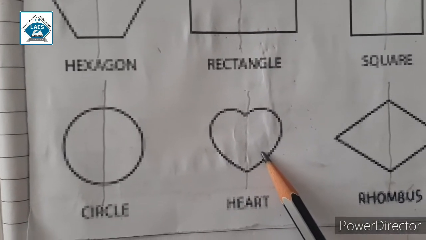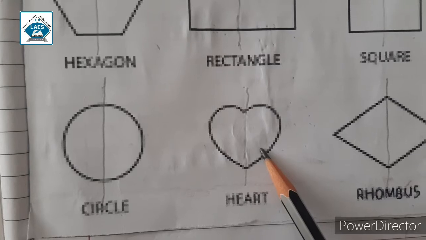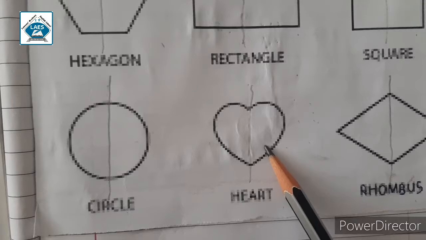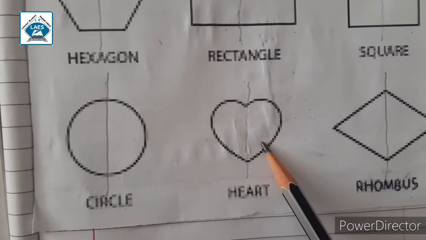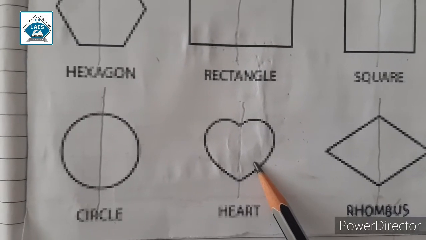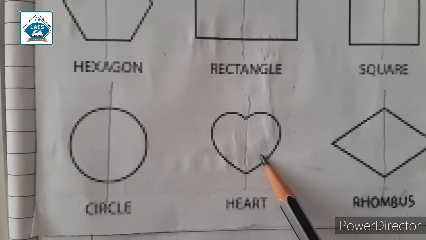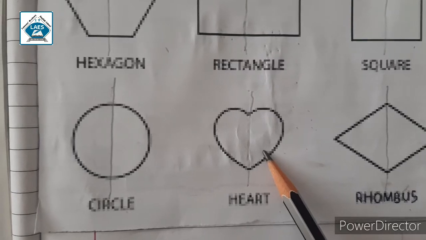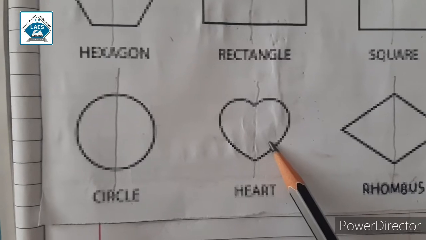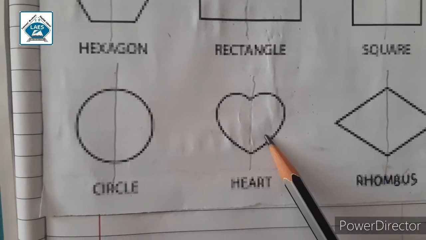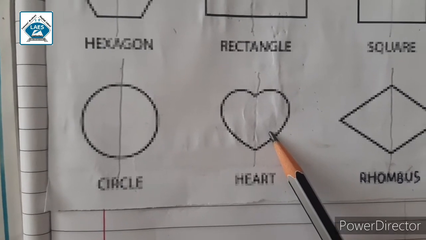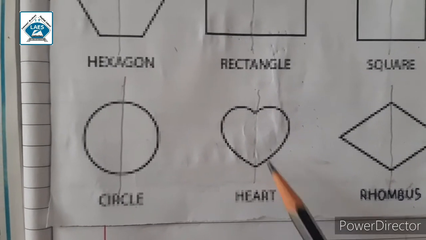So we can say that symmetry means that one shape exactly looks like the other shape when it is moved, flipped or rotated. So through some examples we have to understand all this. Now we draw some lines vertically or horizontally. So what are these lines called? These lines are called symmetrical lines.